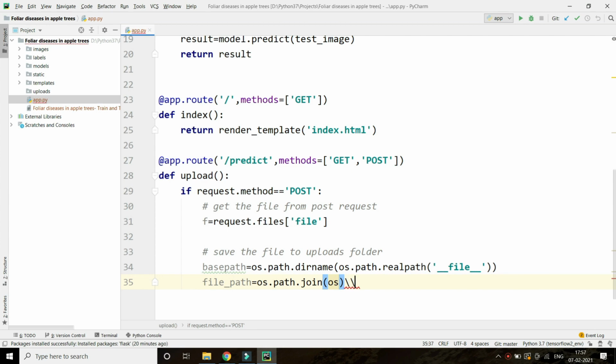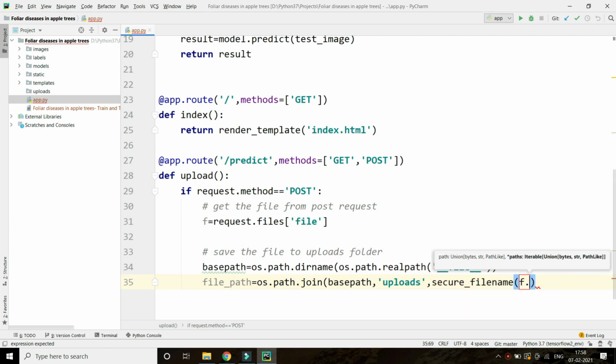Let's join the base path, meaning the file, and where we want to store it, in the uploads folder, and store it with secure_filename(f.filename).